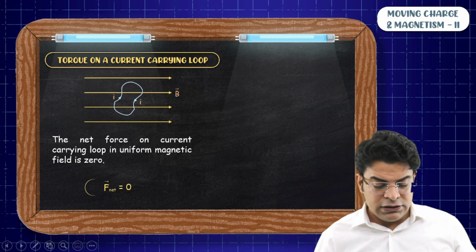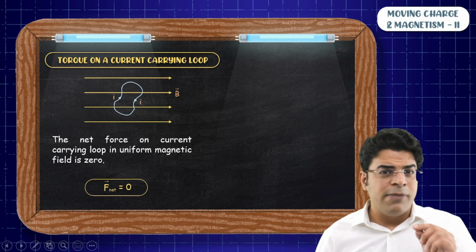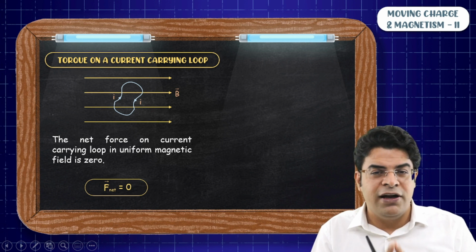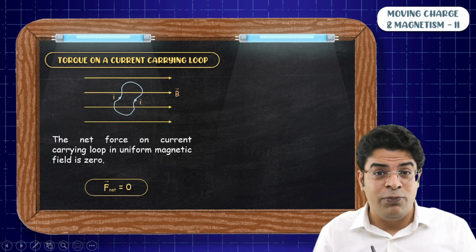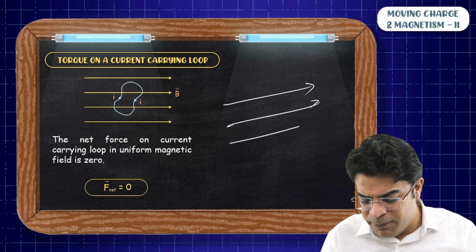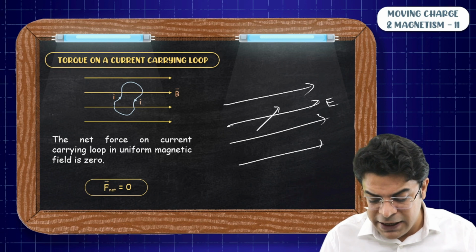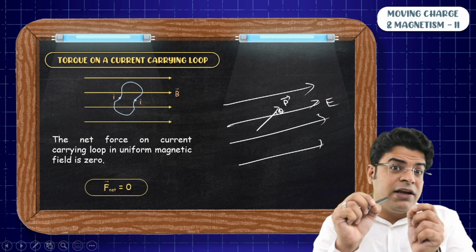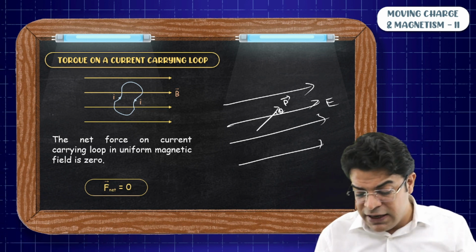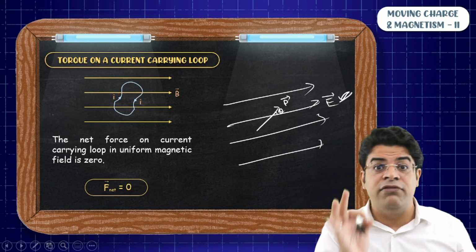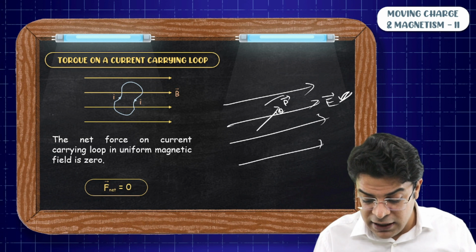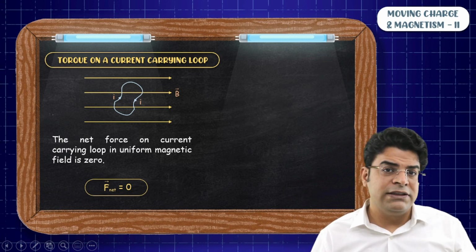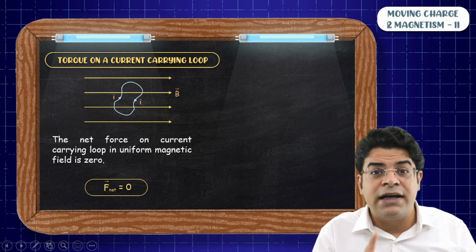Now you have learned something like this for something else. It wasn't magnetic field, it was electric field. On which thing, when placed in a uniform electric field, is the net force zero? When you place a dipole in a uniform electric field, irrespective of the dipole moment, irrespective of the orientation, irrespective of the separation between the charges, given that the electric field strength is constant, if the electric field is uniform, then the electric force acting on the dipole is zero, irrespective of orientation, right? So do understand that a current carrying loop acts like a magnetic dipole.